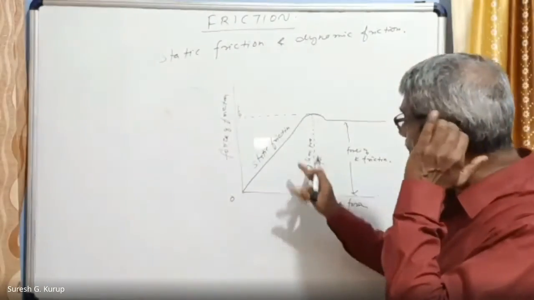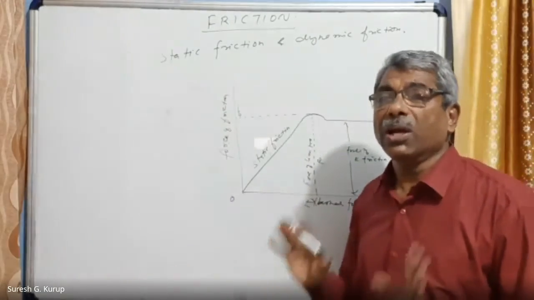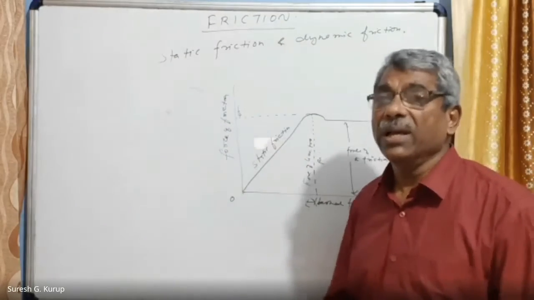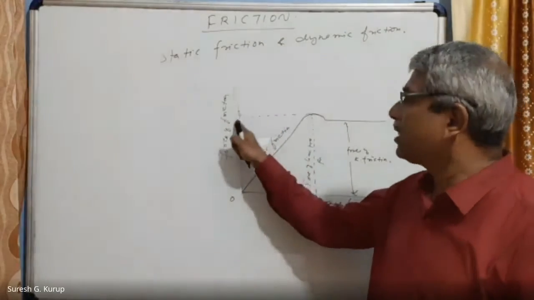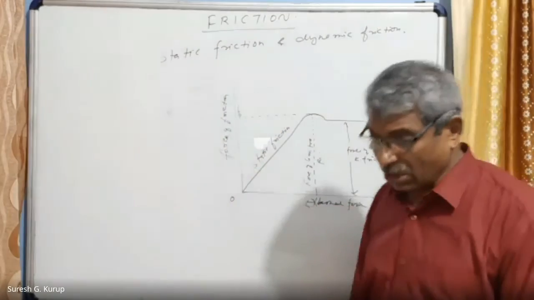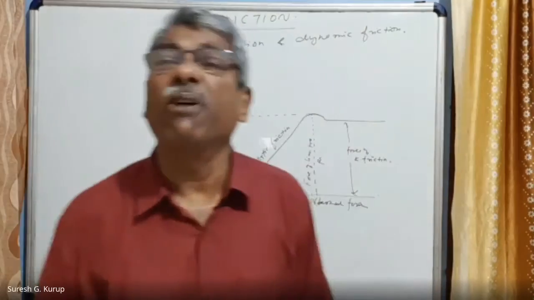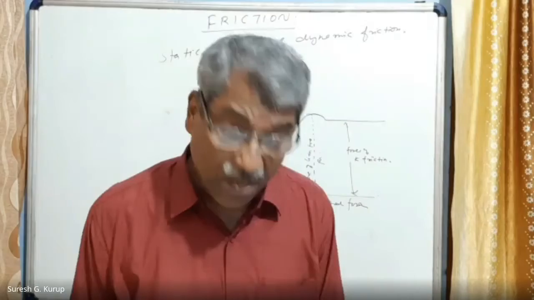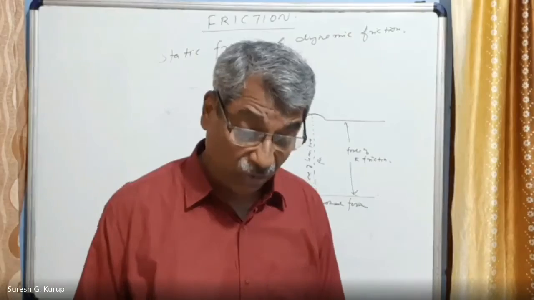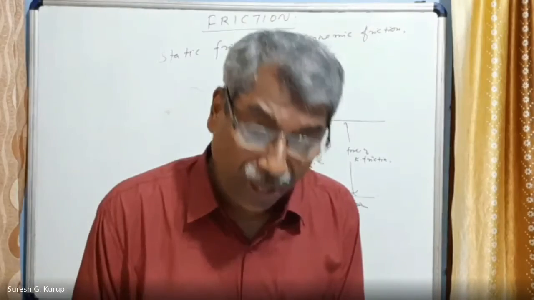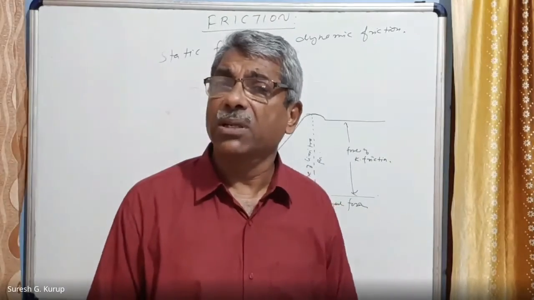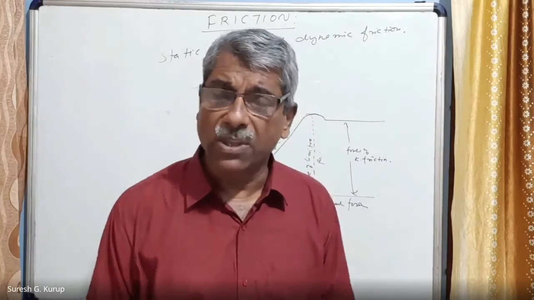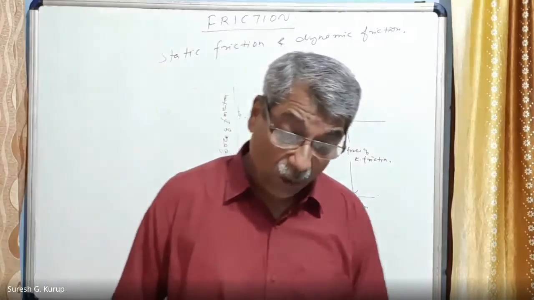So frictional force is static friction. Remember, the force of limiting friction or critical friction is also a static friction only. That is why the maximum friction is represented by Fs, small f and a small s at the bottom of this F. So this is what is called static friction and kinetic friction. Limiting friction is the friction at the time when the body is in the limiting equilibrium, represented by Fs.